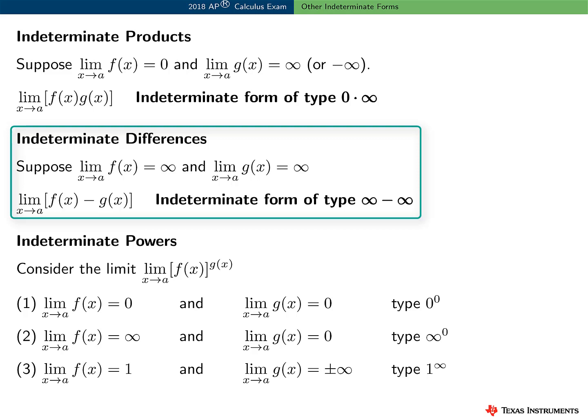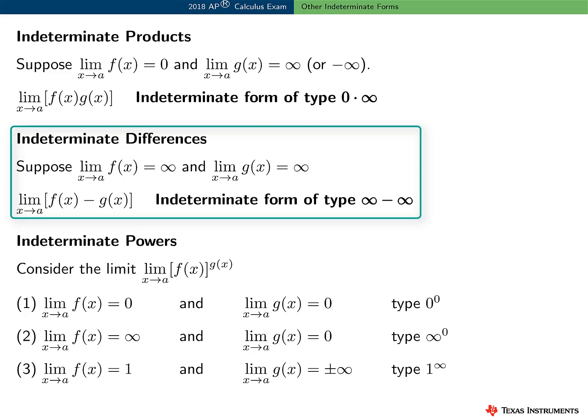Now, this indeterminate form really represents two possibilities: infinity minus infinity, or minus infinity minus a minus infinity, a difference of like signs. And don't forget, we can replace x going to a with a one-sided limit or a limit at infinity. To evaluate this limit, we need to rewrite the difference in order to obtain either a quotient that